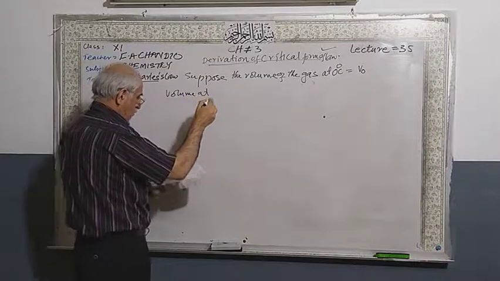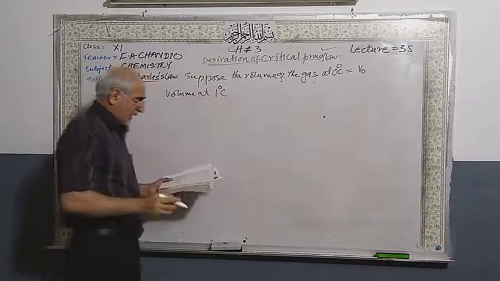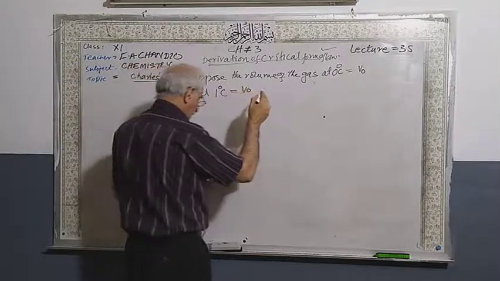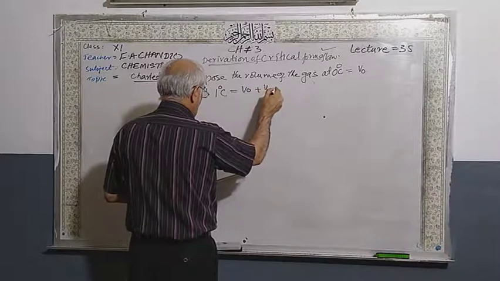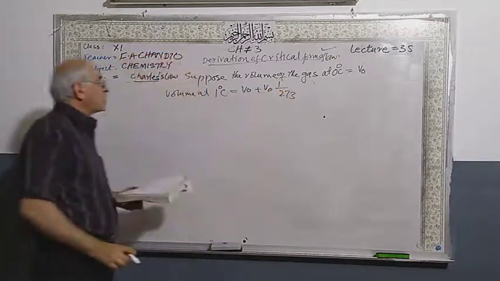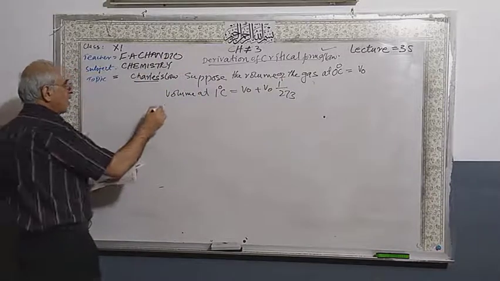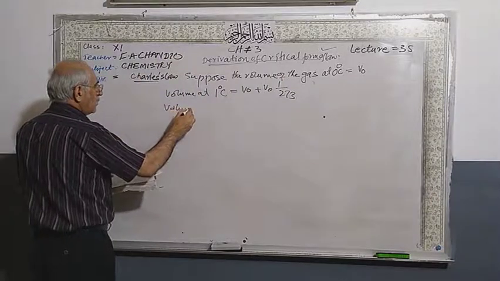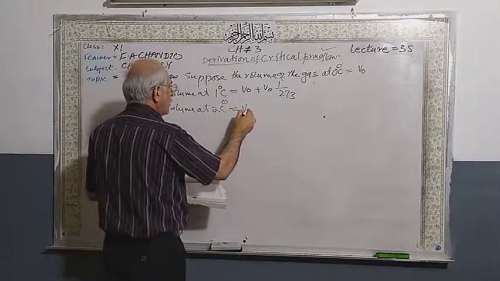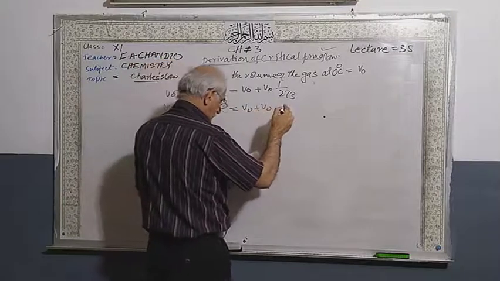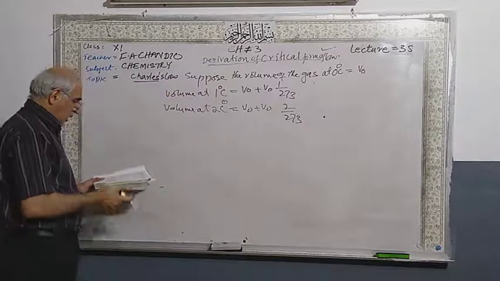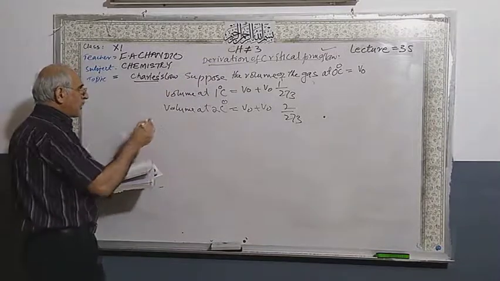Volume at 1 degree centigrade is equal to V naught plus V naught times 1/273. And if you have 2 degrees centigrade, the volume at 2 degrees Celsius will be equal to V naught plus V naught times 2/273. So at any temperature,